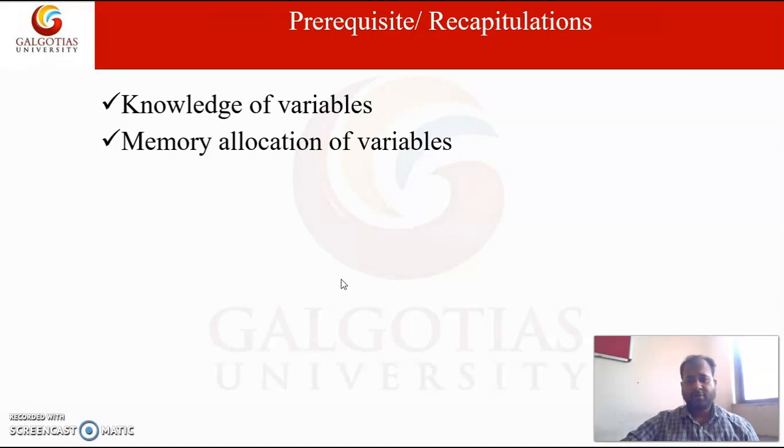But suppose an int variable takes 2 bytes in memory, float takes 4 bytes, and a character variable takes 1 byte. In this way, different data types take different amounts of memory.